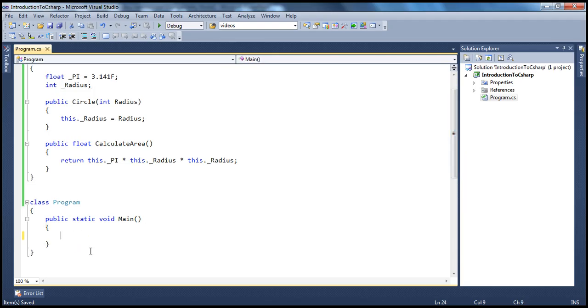So Circle c1 is equal to new Circle. So we use the new operator to create an instance of this class, and when we create the Circle object, we are calling this constructor, and we need to pass in the radius. Let's say, for example, I want to create a circle with radius 5. So I get that, and then if I want to print the area back, what we can do,